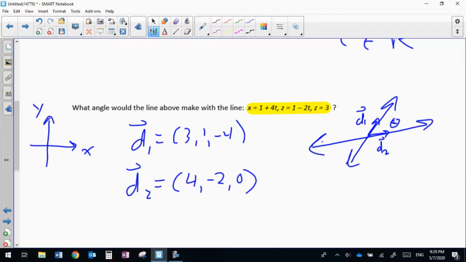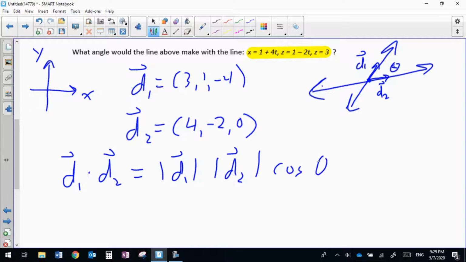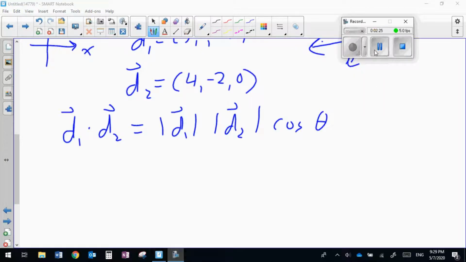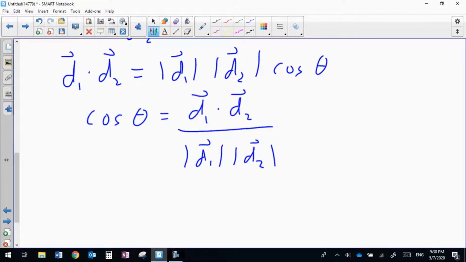Now, vectors themselves don't have positions. We can think about a vector being wherever we want. In this case, we'll imagine they're right there at the point of intersection. And we need to find the angle these two vectors make with each other. Well, then we're back into the dot product. d1 dotted with d2 is the magnitude of d1 times the magnitude of d2 times the cosine of the angle between them. So rearranging that for the angle,